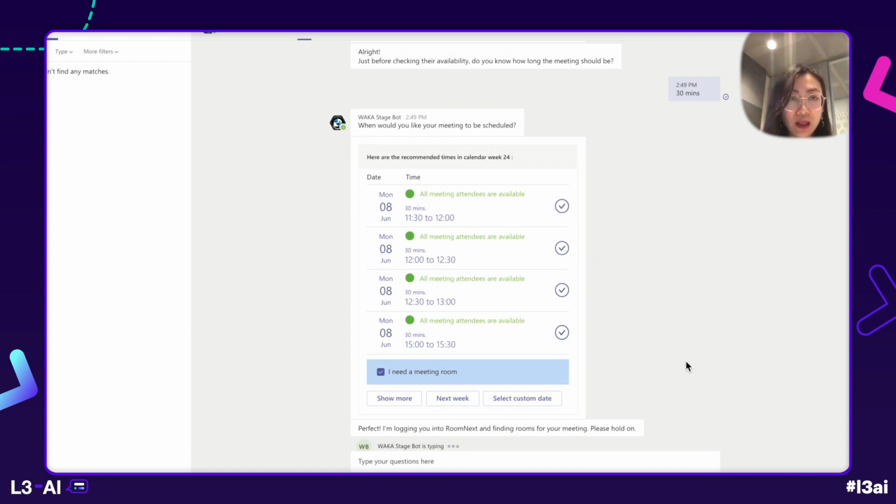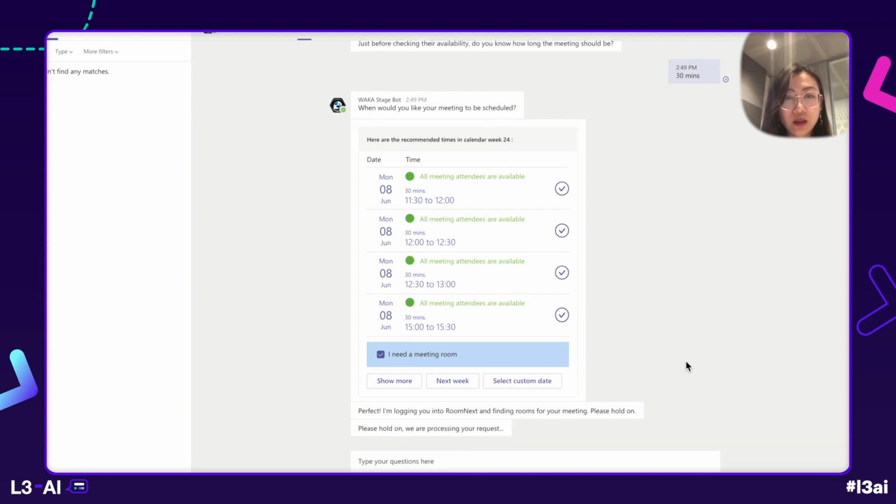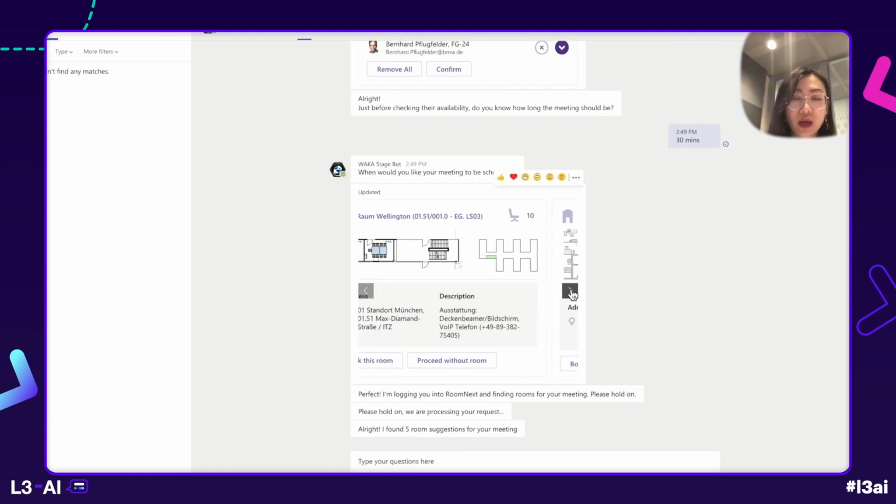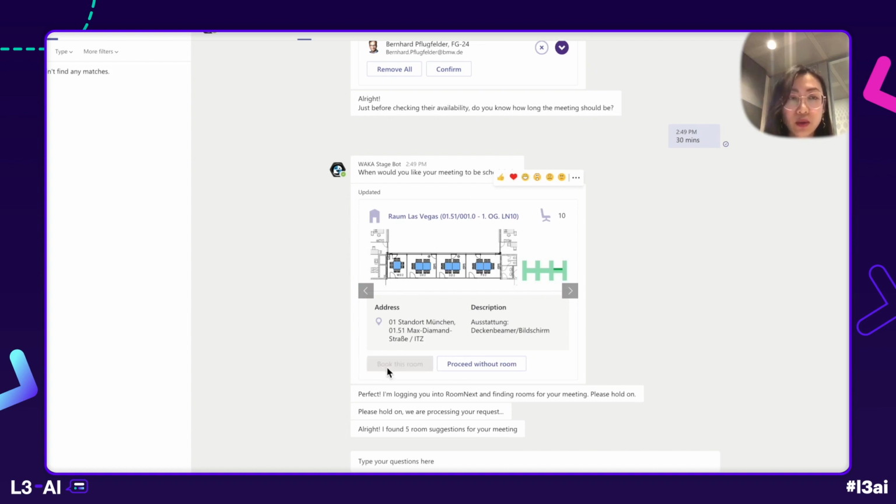So now WAKA is logging in with my account to check where the best room is for us to meet in person. Here you can see this is also another kind of card, the carousel card, which can provide you different options, of course, to show you the most important information from the room system, like what the capacity is and where the room is located, on which floor, and so on. So now I choose the room Las Vegas, and after putting the title here,